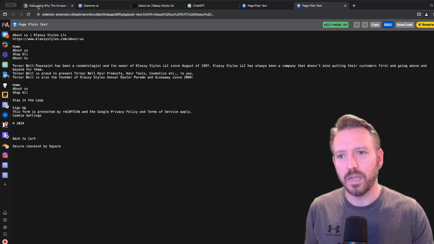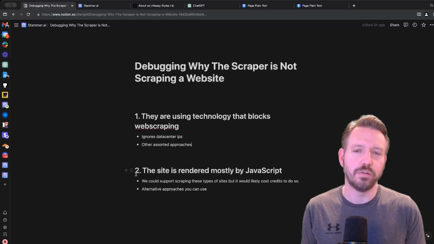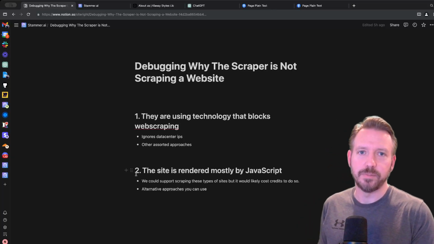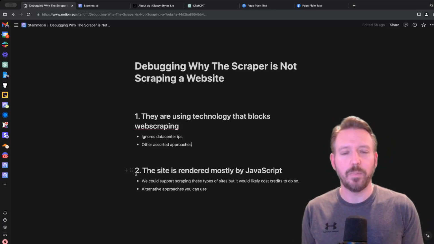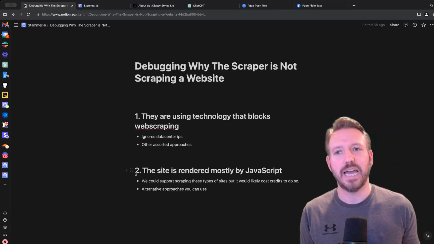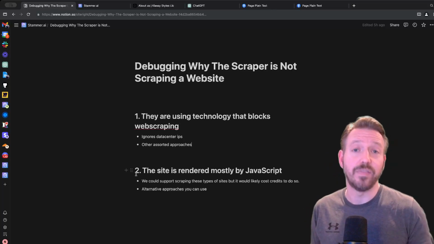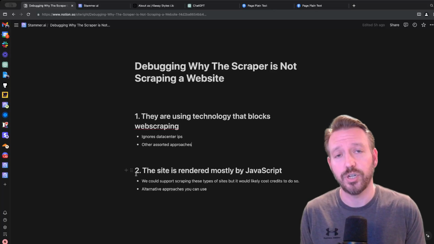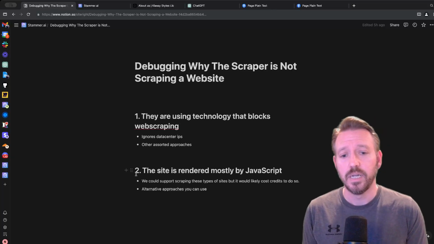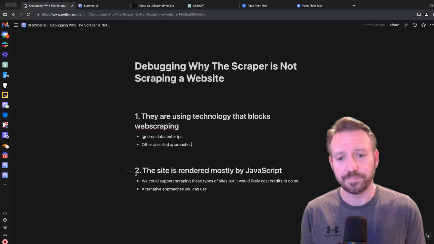Now, you may be wondering, is there a way we could support these pages that are heavy on JavaScript? Yes, there is a way we could do it, but doing so would cost us money as well. We would most likely have to use a web scraping API in which, behind the scenes, they're running a headless version of a browser, basically. They'd have to charge money for that, and it's difficult to maintain.